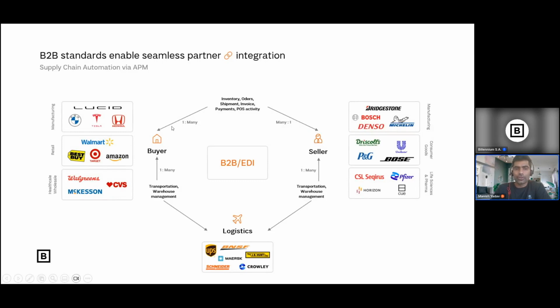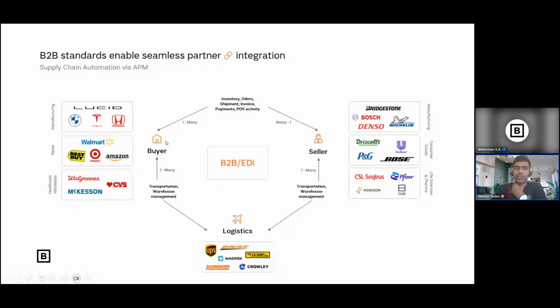Whenever you add the product into the cart and click on place order, a purchase order is internally generated. Okay. A purchase order is nothing but an EDI format. I'll talk more about EDI, and then once the order is confirmed, they internally deal with the logistic company to ship the product. Okay, so this buyer to seller communication is called B2B, business to business. Those persons who take part in this communication are called business or trading partners. So a trading partner is nothing but a buyer or seller, anyone can act as a trading partner.